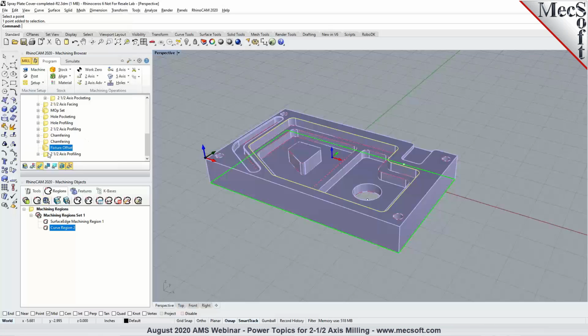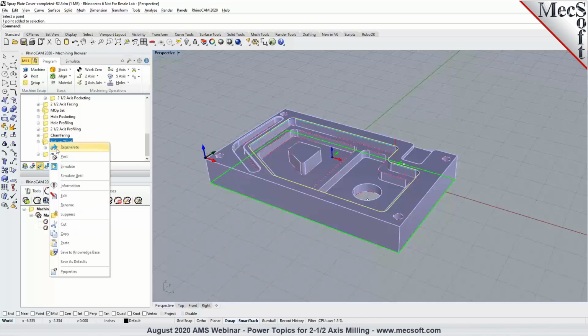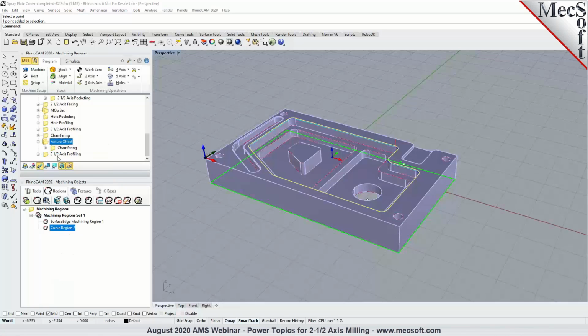Now this introduces a fixture offset folder, and I would have to just move the operations that I would like to apply these fixture offsets into the folder. So just drag and drop. Now this is not going to show the offsets in the toolpath or in the simulation. It only applies in the posted code. So when we post process these,